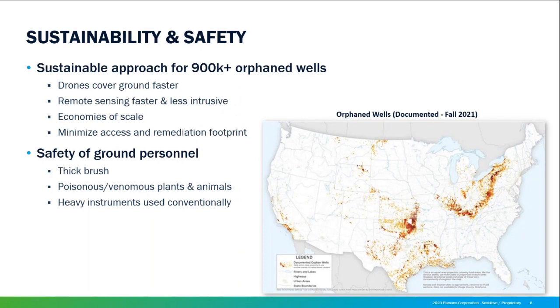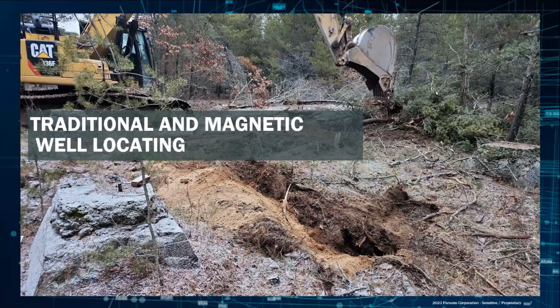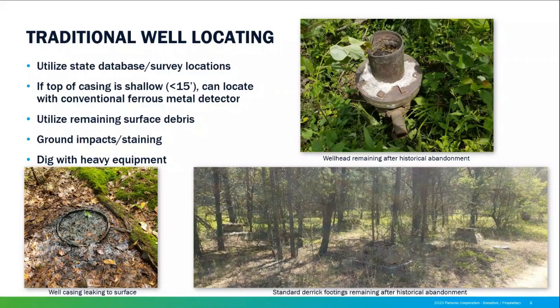So first we'll enter into how we traditionally find previously abandoned and orphan wells, such as in this picture. This one's pretty obvious because the old standard derrick footings are still there, marking where the wellbore location can be. And so when we're locating traditional wells, a lot of times, if a state's good on the records or if they're from a certain area, there may be records or permits available with surveyed locations or state databases with approximate wellbore locations